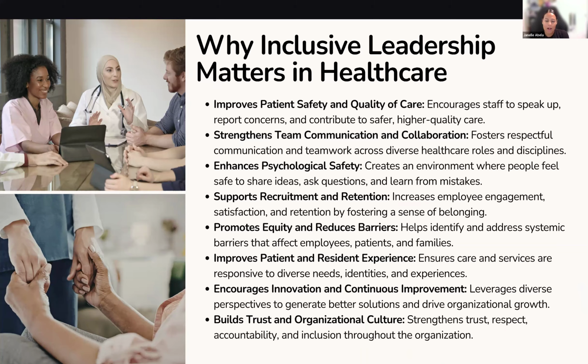When we talked about that why, and we looked at how leadership plays a role in our workplaces and how it plays a role in the way that we communicate with each other and how we support each other, we can think back to why inclusive healthcare matters in our spaces. And we talked about this a bit already at the beginning. We talked about why inclusive leadership, why inclusive healthcare matters and what we can do with that information. And so just looking back on those, we can talk about what it means to helping the people around us.